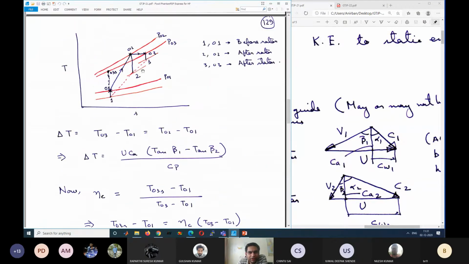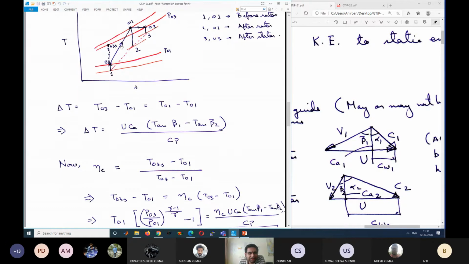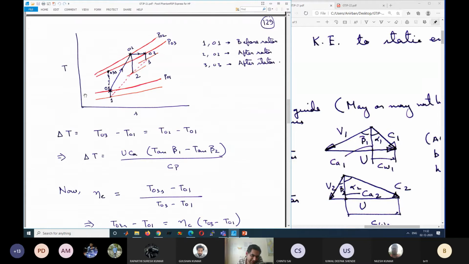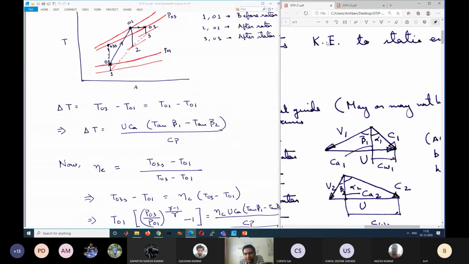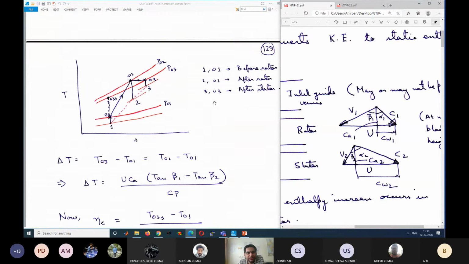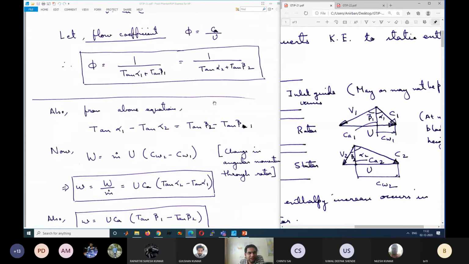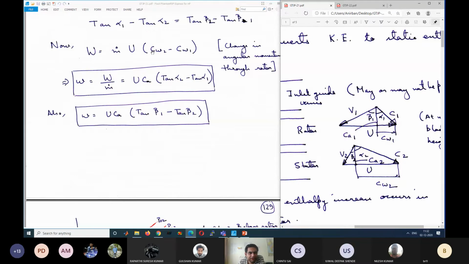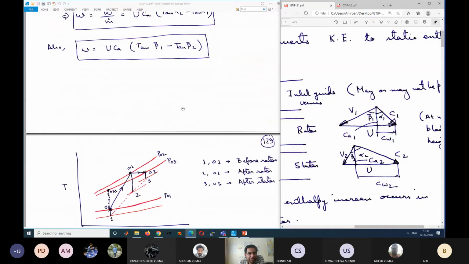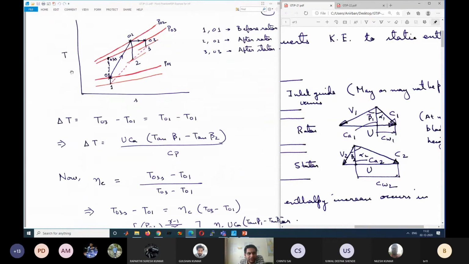So now let us quickly proceed. Once you know this concept, it gives a lot of clarity. Even without knowing this, you can just go through the velocity diagrams mechanically and solve the problem. So what was our aim? Ultimately, the aim of any compressor is to increase the pressure. So our aim is to calculate the pressure rise and temperature rise. From the temperature rise, we will calculate the pressure rise. We already calculated the work input in terms of blade or flow angles, and we will try to relate this to the pressure rise.